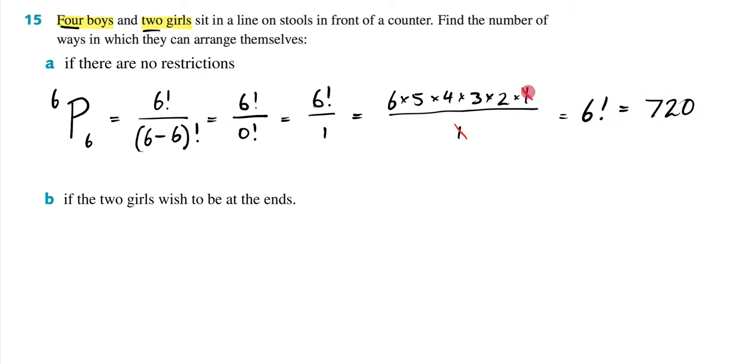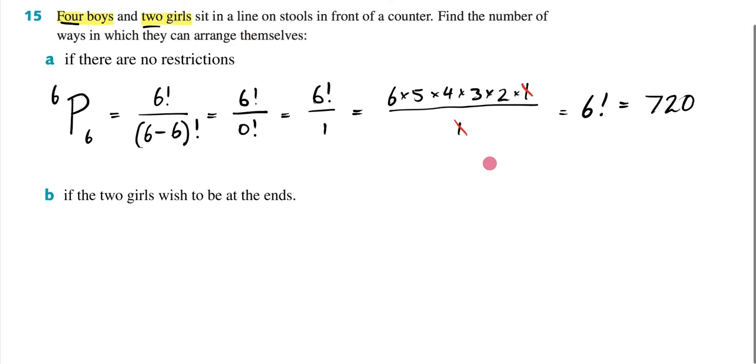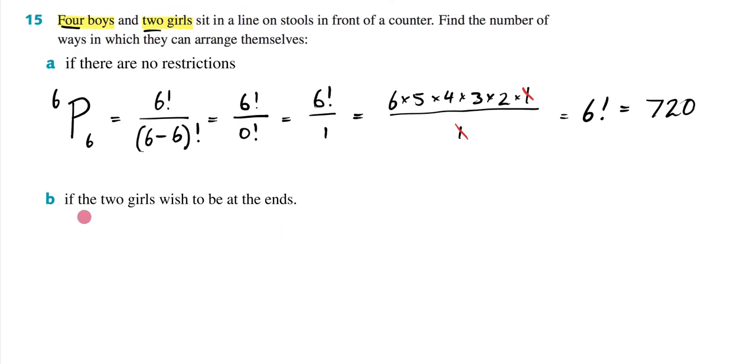The reason why is that if I take out that 1, it's equivalent to 6 factorial, because timesing something by 1 doesn't change it. So that's how I get my answer. But it's important that you not only know the mathematics behind it, but also know how to use your CAS efficiently. Perfect. Let's now go on to B, in which it's saying if the 2 girls wish to be at the